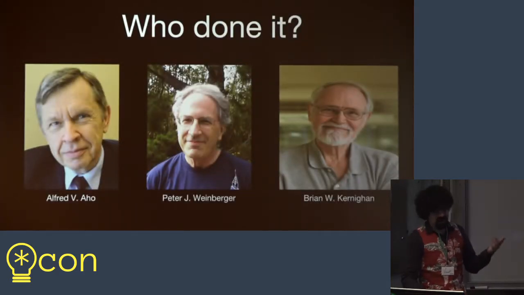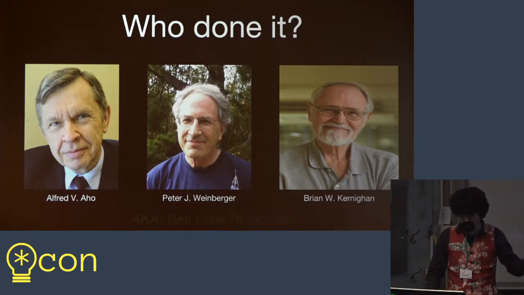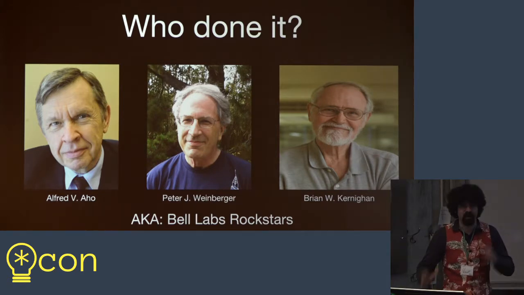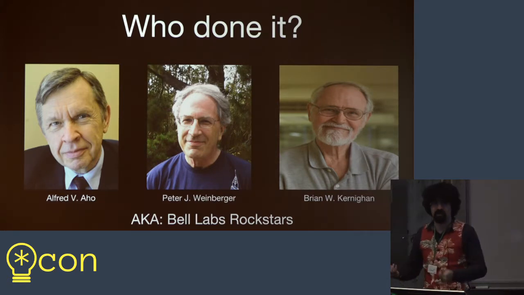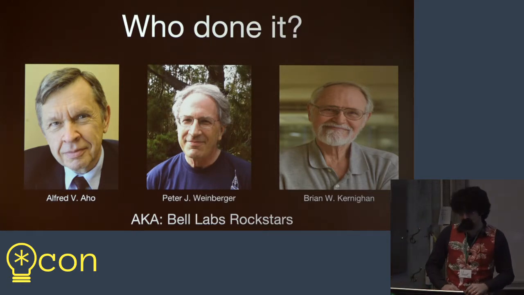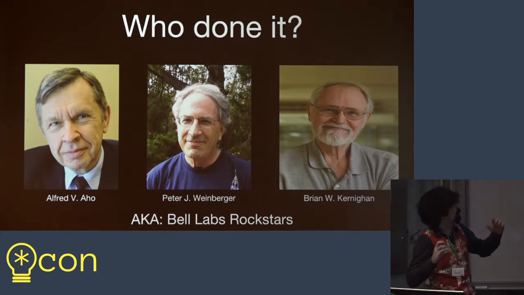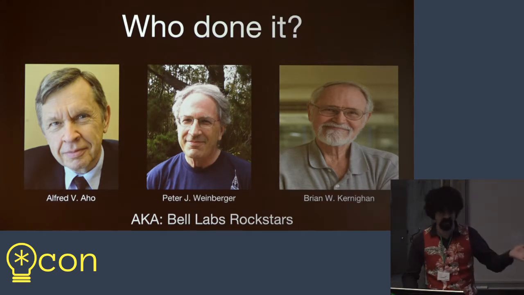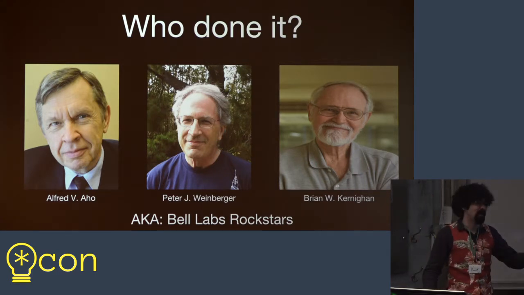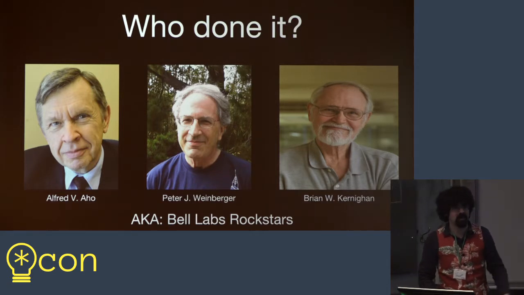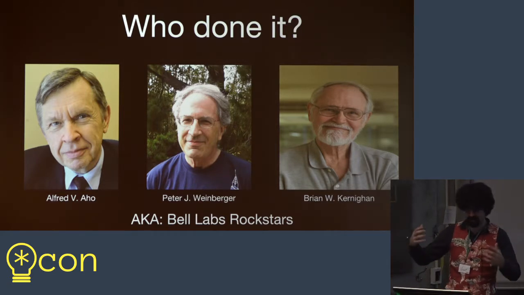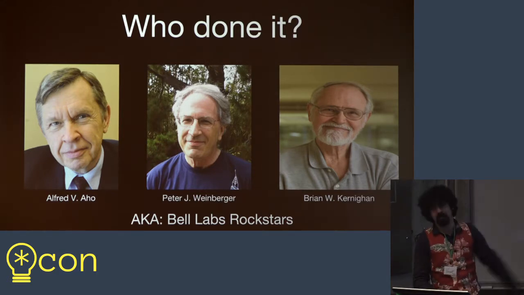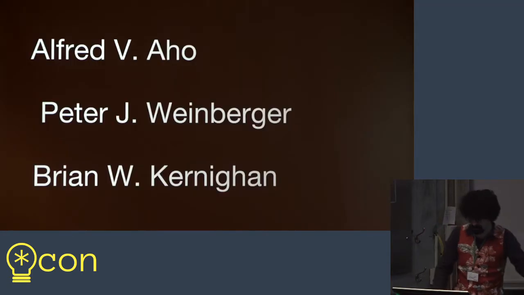So, who done it? These are the individuals that developed awk, Aho, Weinberger and Kernighan. These are three Bell Labs rock stars, and they developed awk in the 70s. If you're unfamiliar with what Bell Labs is, it's a research institution that was originally in New York and might have other places now. But this lab created some of the foundation for all of computing we know today. It's very wide-reaching, and has been around since the 19th century. And they made things such as transistors, lasers, the Unix operating system, C, C++, underlying technologies for cell phones, the internet, solar panels, etc. They're pretty amazing. You can see all the different people who came out of Bell Labs who won Nobel Prizes and all that.